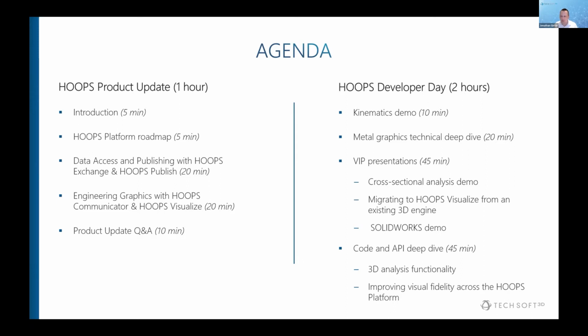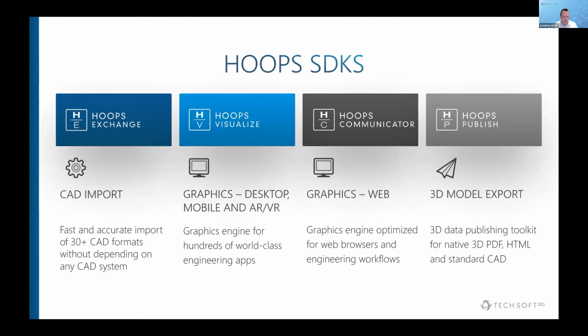So what are we going to be looking at primarily? Our primary products. There are going to be four. These are our HOOPS SDKs. We sell probably 12 different SDKs, but these are the main ones we'll be focusing on today. They're HOOPS Exchange for CAD file access, which allows you to bring in over 30 different mechanical CAD, as well as building and construction file formats.